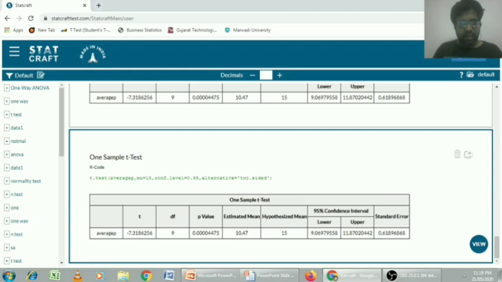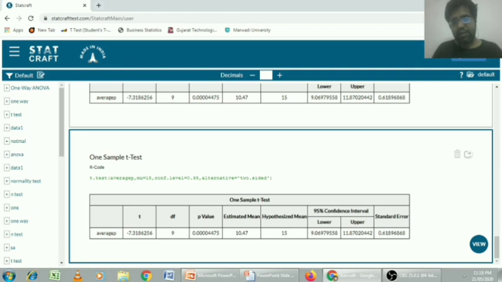With this interpretation, see here the p-value. When we consider the p-value, it is less than 0.05, so we are rejecting our null hypothesis. We are rejecting the claim that the company is making, that it is 15. Actually I have done the test and collected the sample from 10 different users. They are all rejecting the claim.